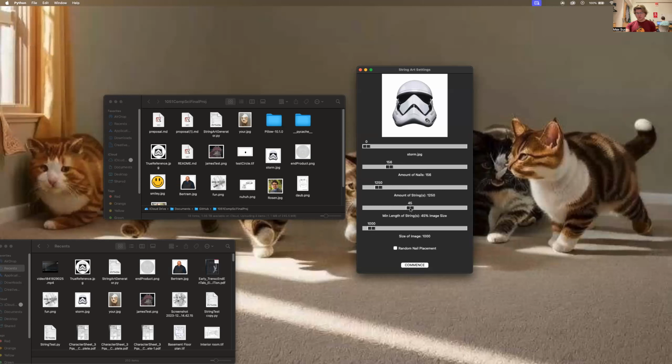The minimum length can end up clumping. For this one, since there's no dark edges, I have it set really low, around 10%. You can set it higher. You most likely want to have it around 50% for most images to get something that is recognizable. And image size, I just set to 1000 because that was the default I was using. And then the random thing,